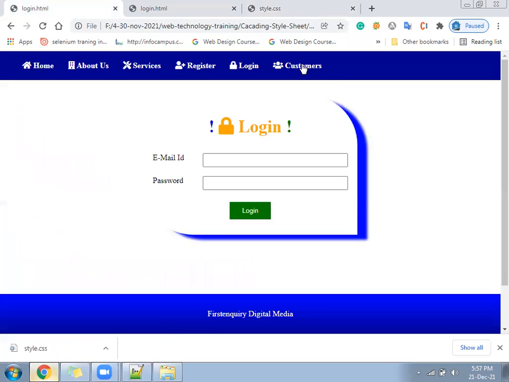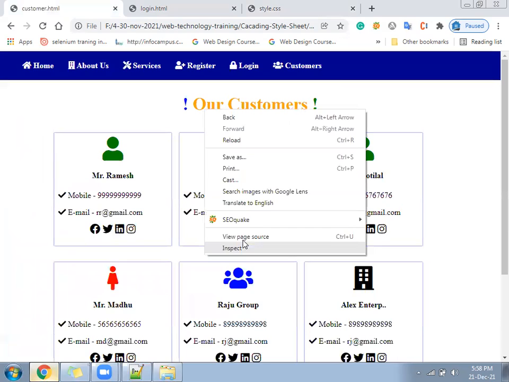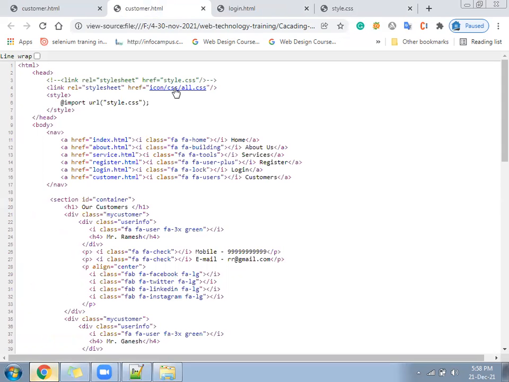Now let me come to the next file, what you have made, that is called the customer page. Let me go to the customer. In customer, we'll right click and view page source. See, you had the link of the first CSS. Here there is no link. The user will not understand which folder style.css is being called from. Is it in the same folder or some other folder? So there will be difficulties getting your file. You cannot see the code here, only one line is there. The CSS code is somewhere else, and it comes at the time of execution.